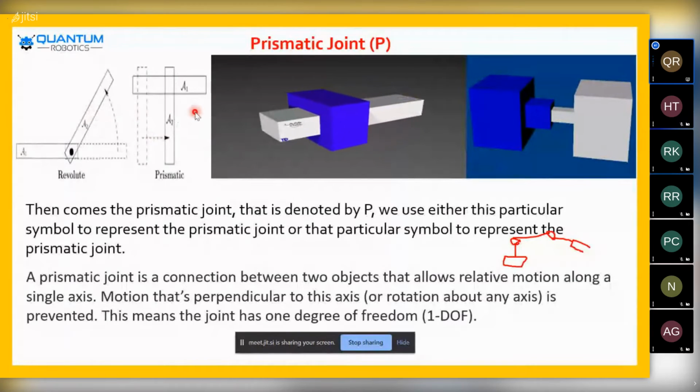Here we can see that in the prismatic joint there will be one fixed beam, and according to that fixed beam, the revolute joint is going to move. As a real-time example, take a crane. The crane can move in a linear movement forward to lift particular objects. This part will be fixed, this will be fixed, and at the crane this part will be moved front and back, front and back, like that.